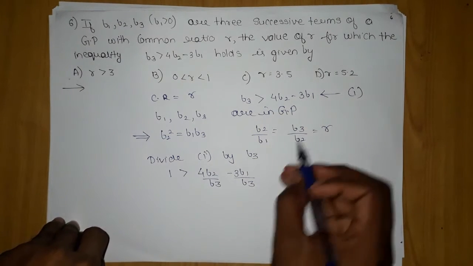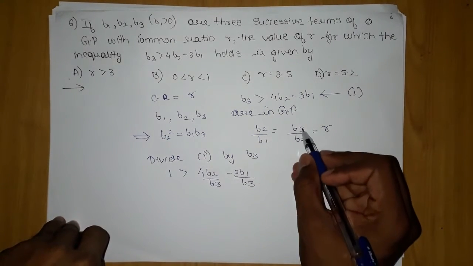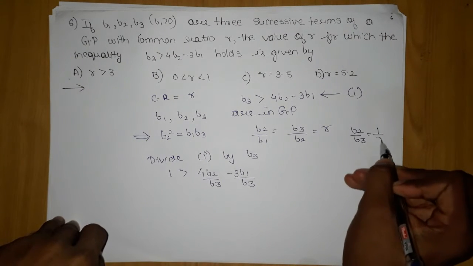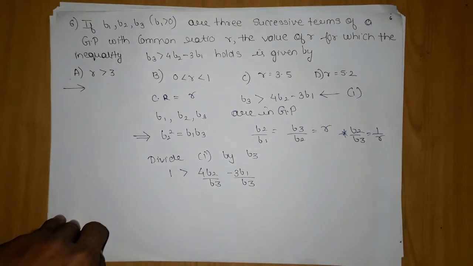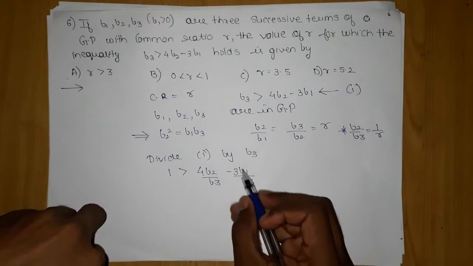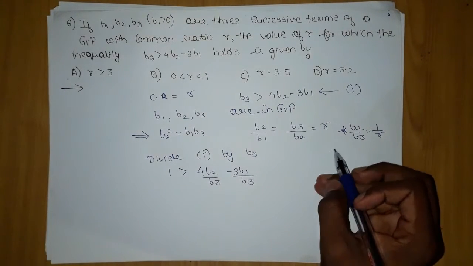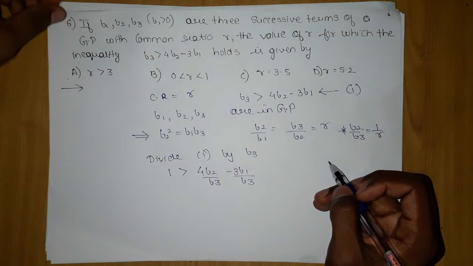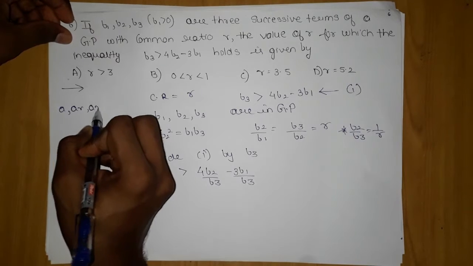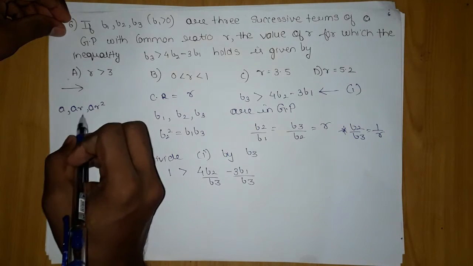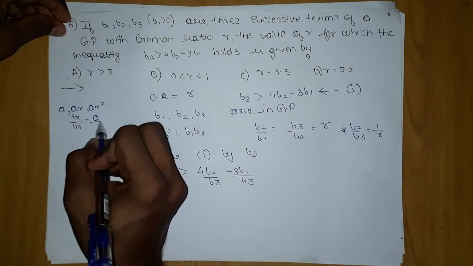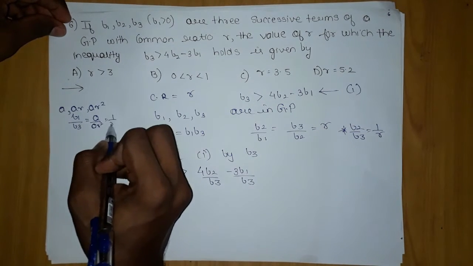Now just think, this is very general, every child will understand. It is b2 by b3. If b3 by b2 is r, then b2 by b3 will be very obvious, it will be 1 by r. Similarly, I will tell you how you will get b1 by b3. Suppose we take the b1, b2, b3 terms as a, ar and ar square. Then for b1 by b3, you can clearly see it is a upon ar square. So what we are getting is 1 upon r square.